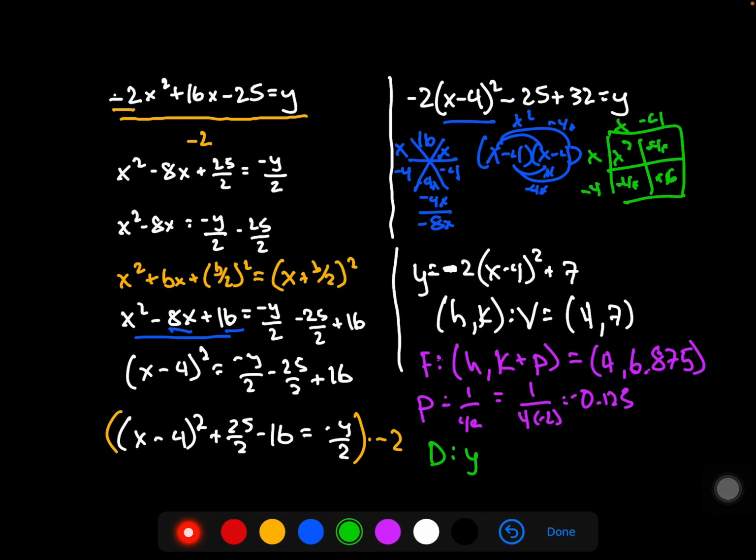And then likewise the directrix D is y is equal to k minus p, or 7 minus negative 0.125, or 7.125. And that makes sense because in a downward facing parabola, the directrix is above it, the focus is always within it. And in the next video, I'll look at this parabola